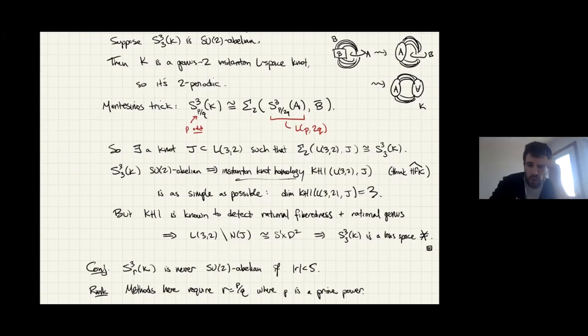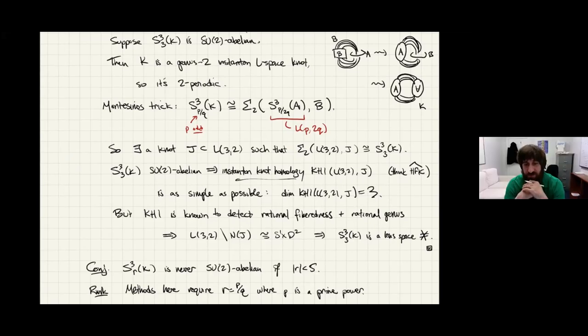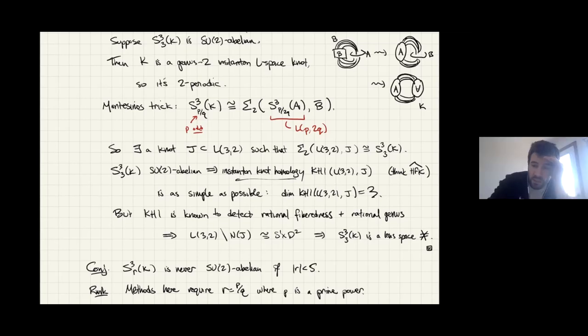Okay, I have one possibly naive question, which possibly has a yes or no answer. It seems to me that these SU2 abelian manifolds are sort of playing the role of strong L spaces. I assume they're not exactly the same thing, right? Well, conjecturally or otherwise, they shouldn't be.